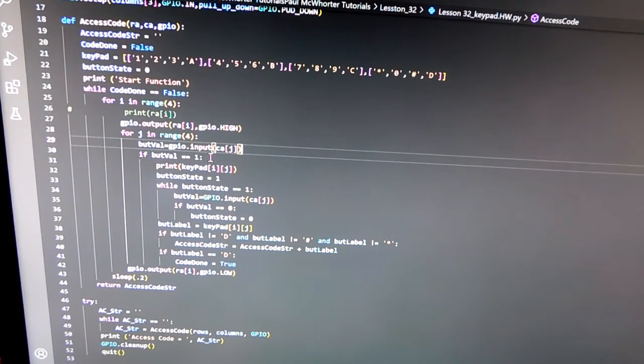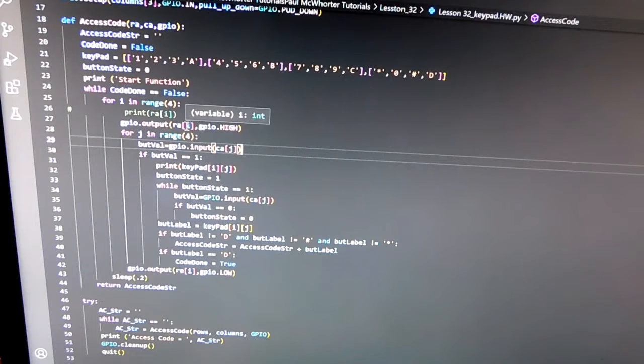If I read a value of 1, that means a button has been pressed. If not, I go down here and I set that row to low, and I go back up to the next row,